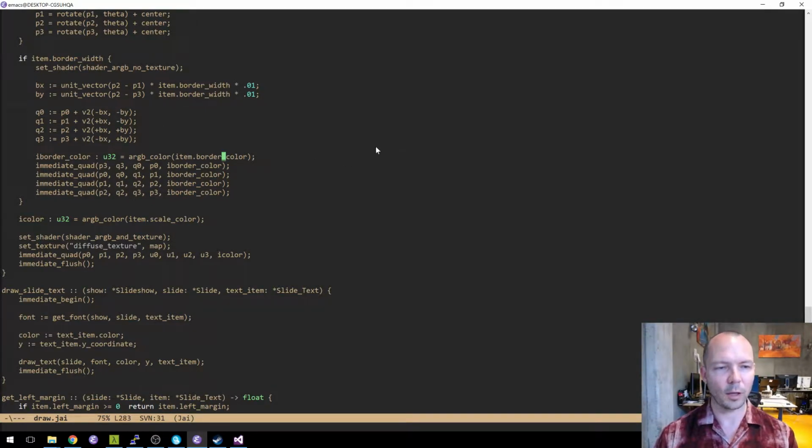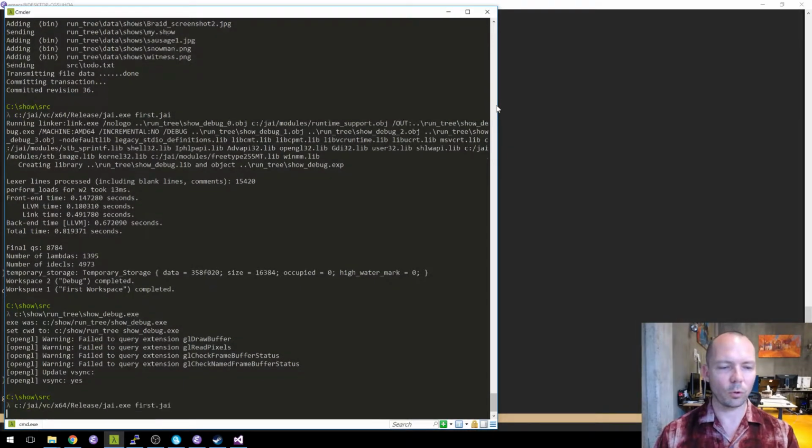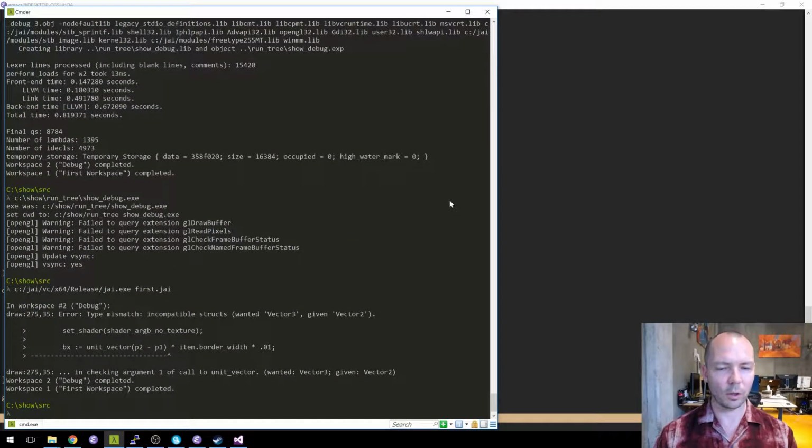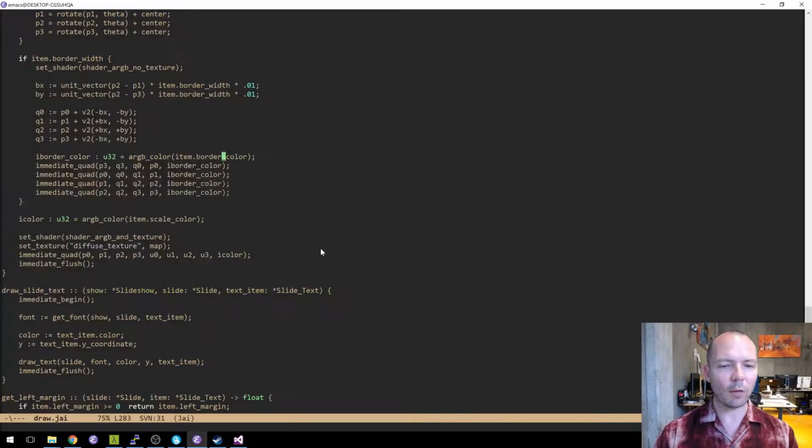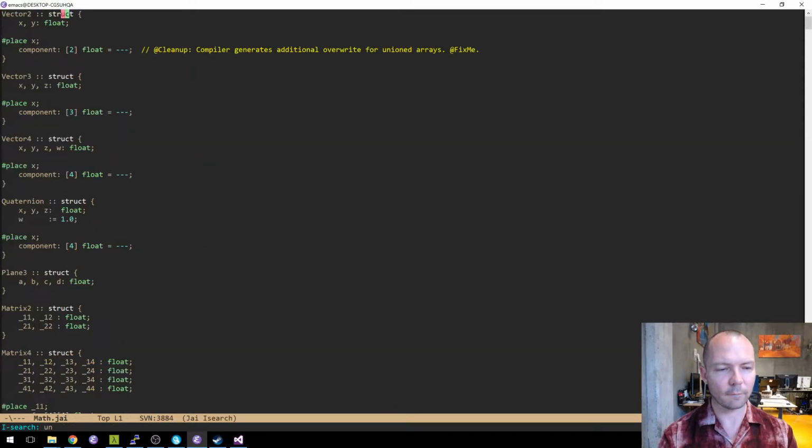Later we'll deal with that. So I feel like in principle, I've typed everything I need to. I probably got some things wrong. Incompatible structs. Oh, we don't have a unit vector for vector 2. Let's make that.